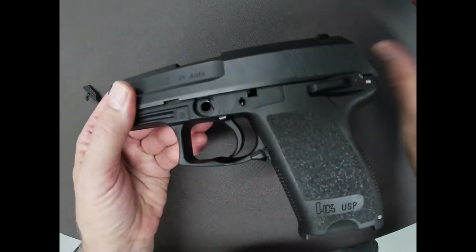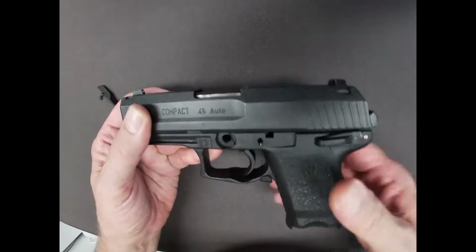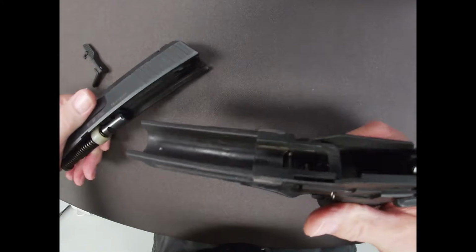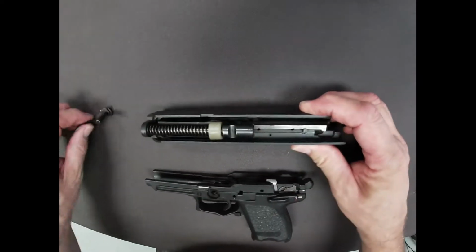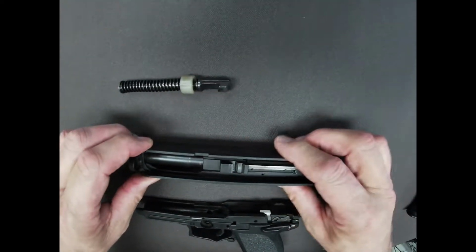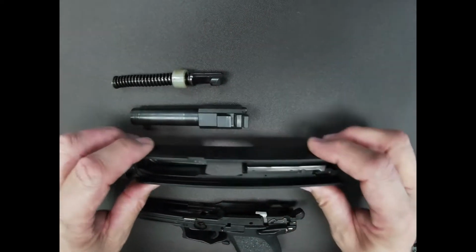And now you do not have to fire this gun either. The hammer's going to be caught because you had to slide back. No need to pull the trigger. The slide will come off the front, that neat, without having to pull the trigger for it. And then as any semi-automatic goes, we're going to remove our recoil spring, remove the barrel,